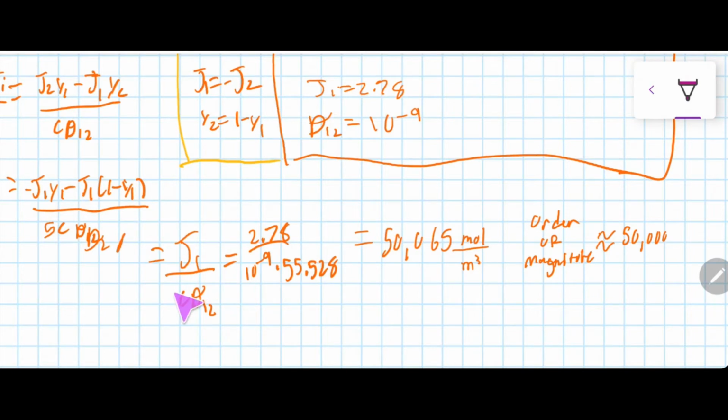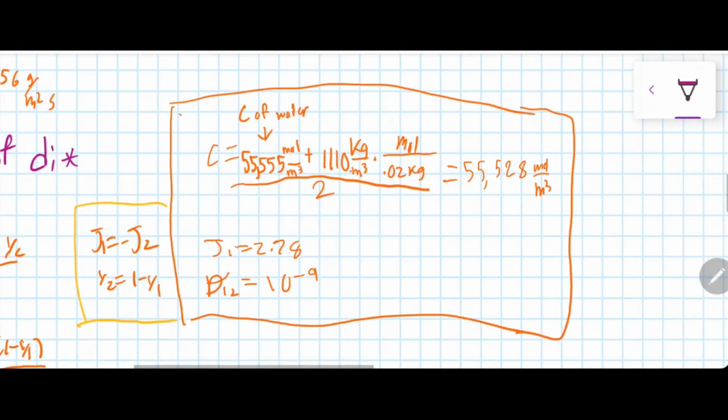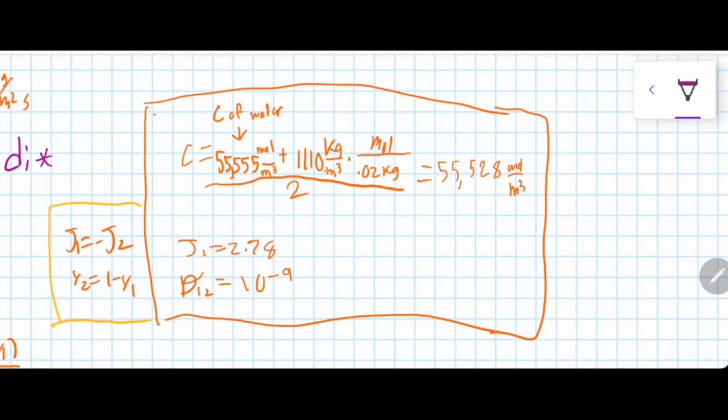The only thing we need to find is the concentration here. So just in general, the concentration of water is 55,555 moles per meter squared. So we can plug that in there, and then we can find the concentration of heavy water by dividing the density of heavy water by the molecular weight of it. And so we can then find the concentration of heavy water and then average those out